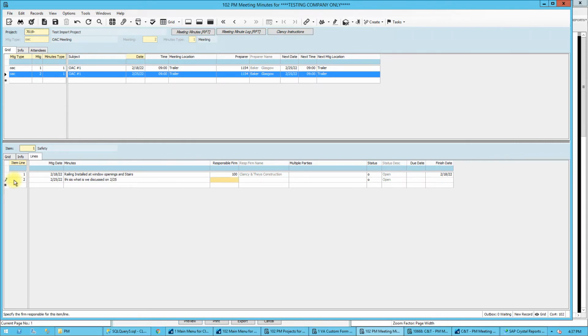And it would just continue, the process would just repeat itself for as long as necessary until this type of meeting is over with. The idea of not copying open and close things. So each line could have a status. So at some point, like this item of railings installed at windows and stairs, we could say it's closed. We no longer leave it in the minutes. And so when we do this copy,